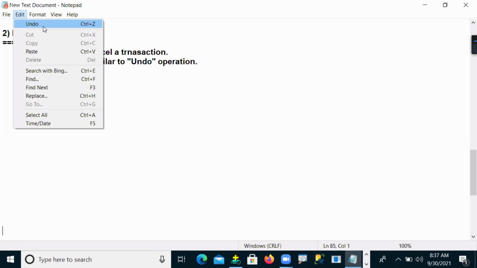Yes or no? I don't want to give much explanation on this. Undo means we get the previous position.